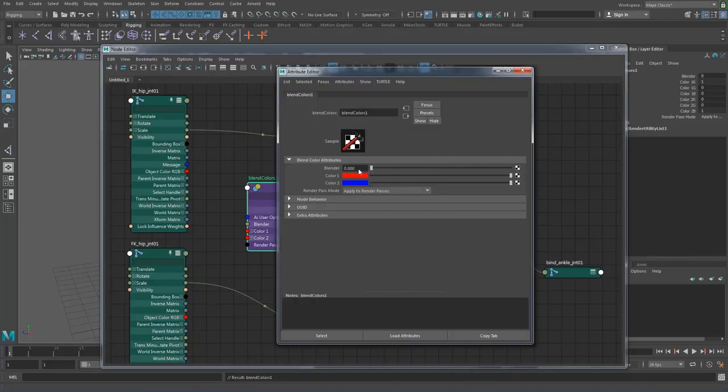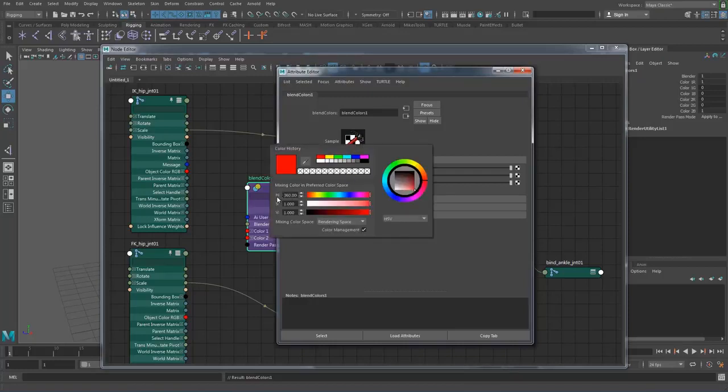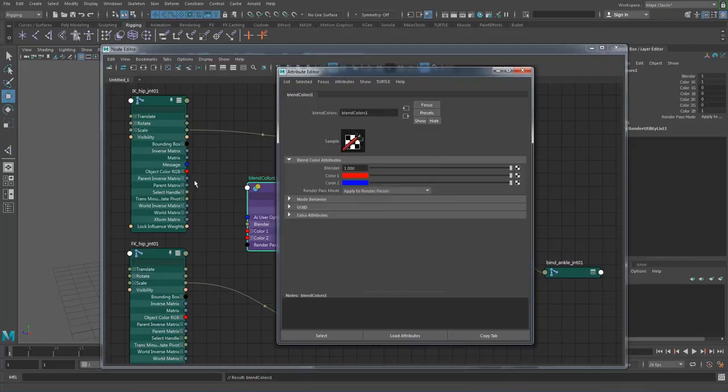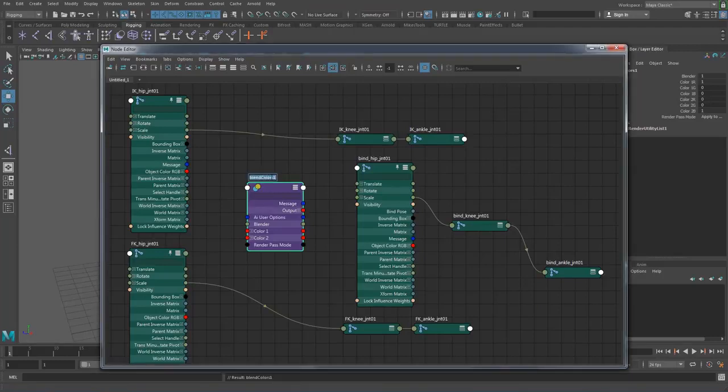So if you're in here, you're seeing one more than the other. If you go all the way to the other one, you are blending between the ways in which these colors work, and at the moment they are literally colors, but I don't want them to be colors, I want them to be the rotation values for these. Now because they're colors, they have 3 inputs, as in R, G and B. So if I was to click on that, I've got HSV, RGB, these have 3 inputs, so it means that it can convert over. So I'm going to rename this, I'm just going to call this IKFK